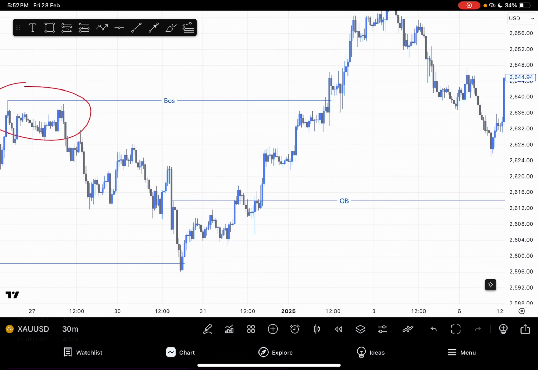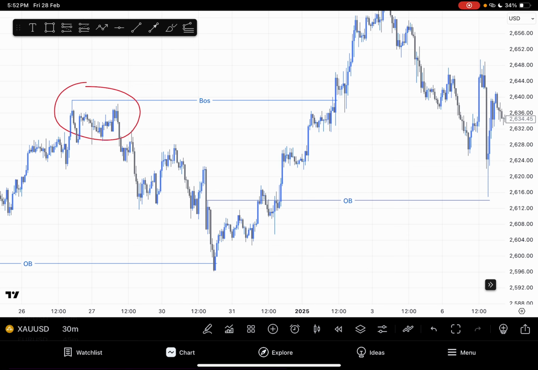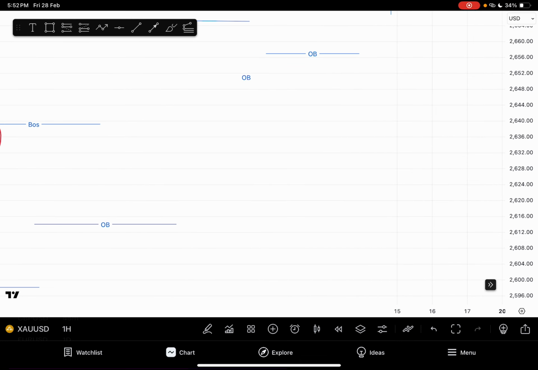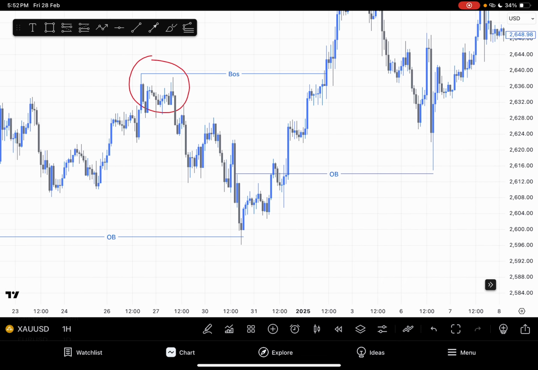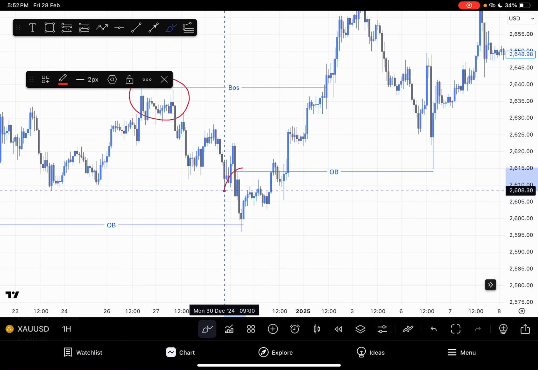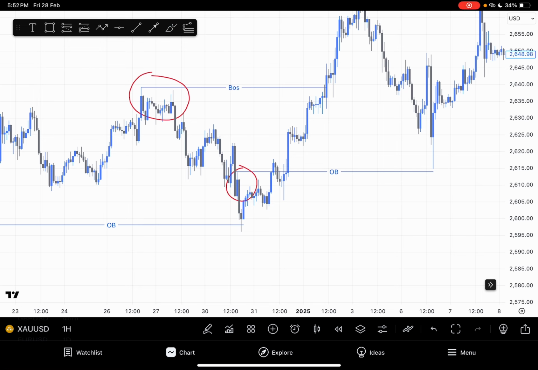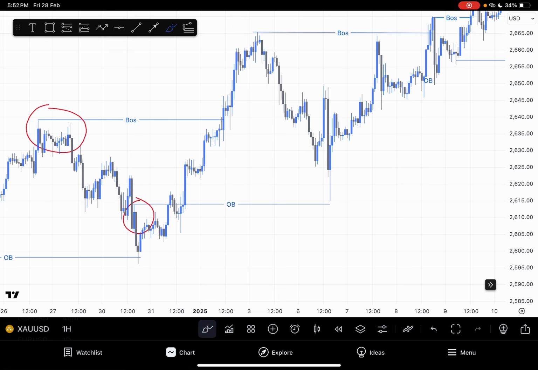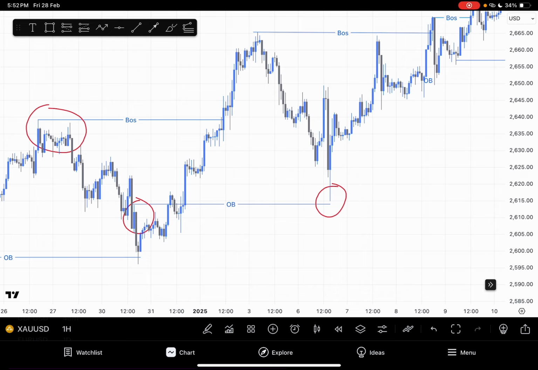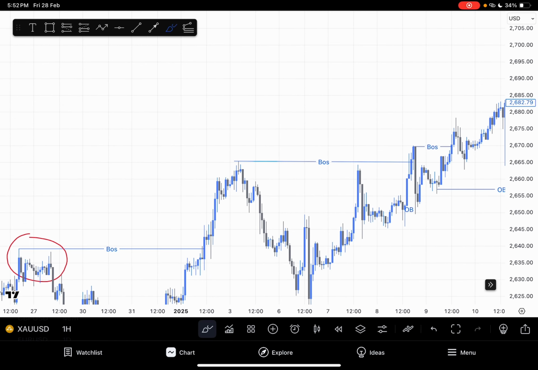If you go to a higher time frame, after the break of structure, you always have to look for either an order block or a breaker block. You always have to look for that, checking multiple time frames. So let's go to a higher time frame. You can clearly see it here, and this point here. So you see price came to that point of interest, then pushed to the upside, taking out this previous high,